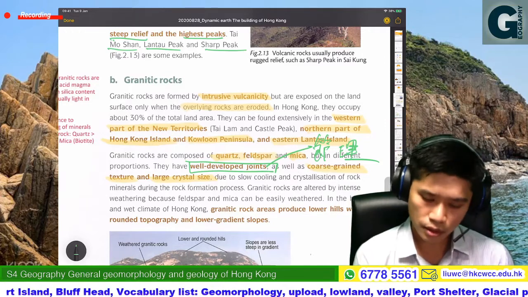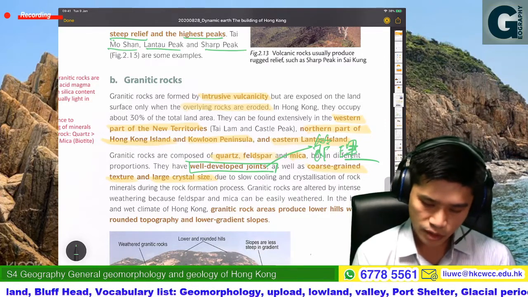Then, if you look at here, granitic rock altered by the